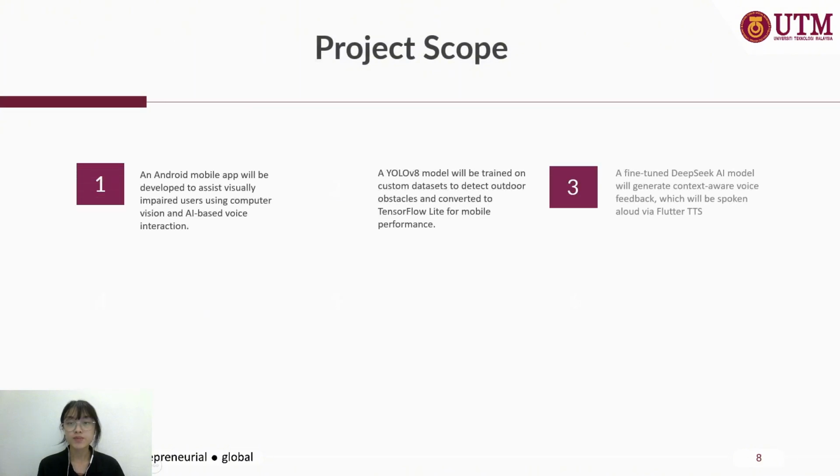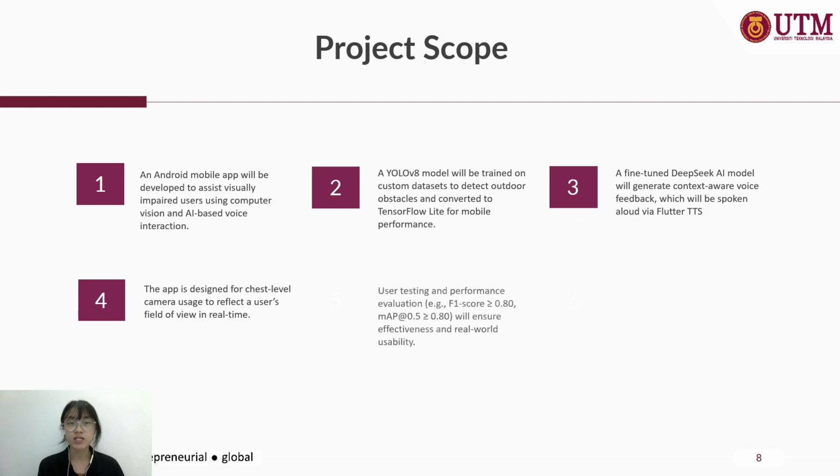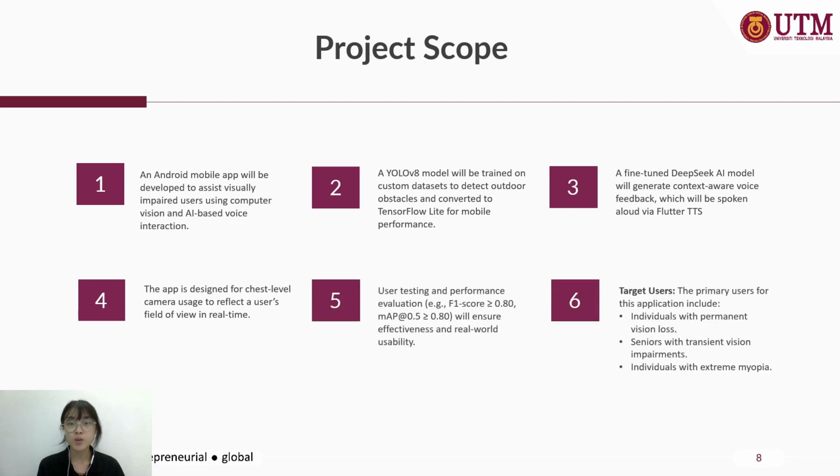To ensure the project is both feasible and impactful, I have identified a clear scope. First, an Android mobile app will be developed to assist visually impaired individuals using computer vision and AI voice interaction. Second, a YOLOv8 model will be trained on a custom dataset to detect outdoor obstacles and converted to TensorFlow Lite for mobile performance. Third, a fine-tuned DeepSeek AI model will generate context-aware voice feedback, which will be spoken aloud